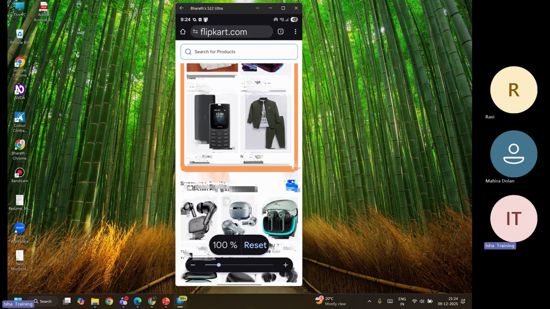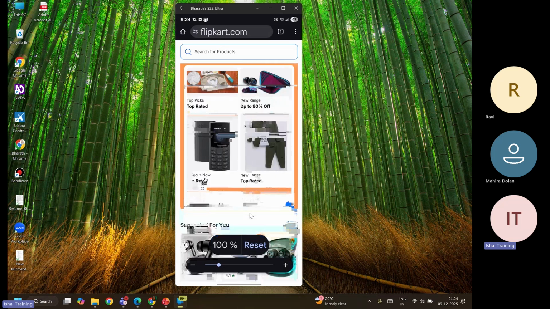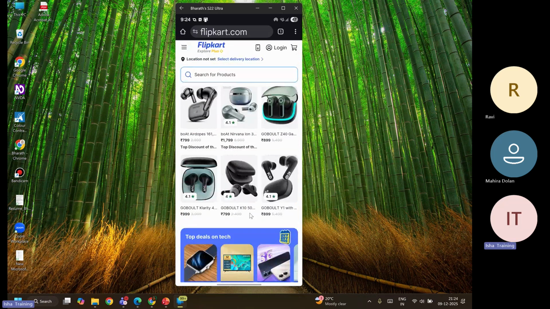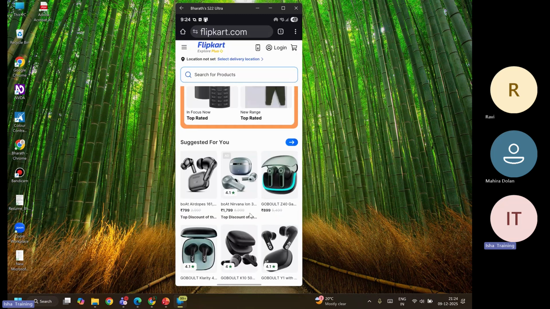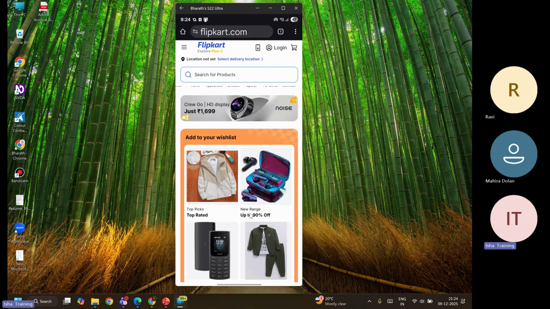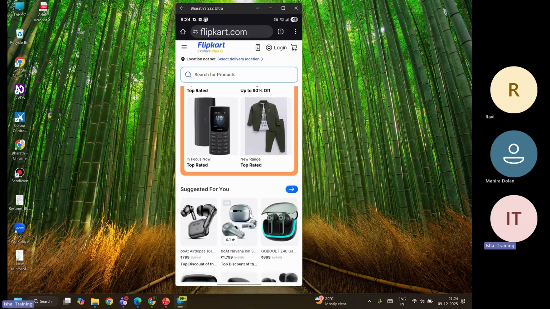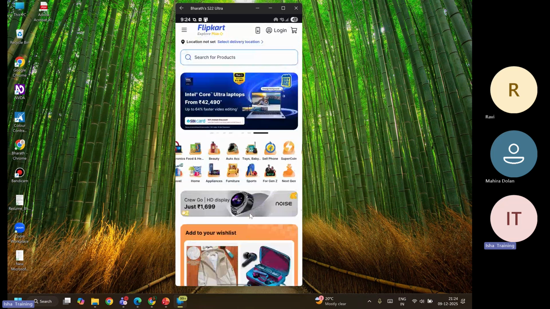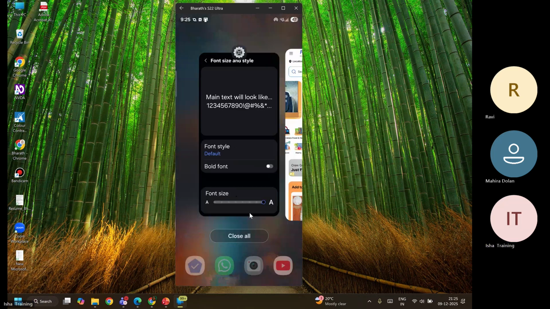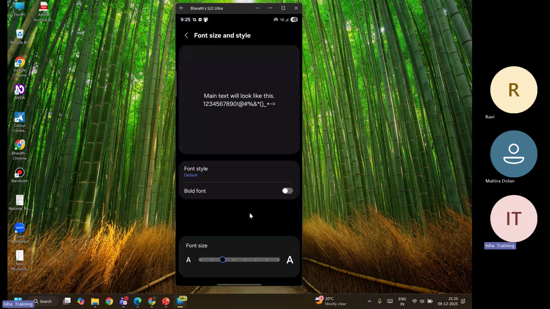Okay, pretty much every content I can see. I can see the cost of the products, and also I can see pretty much all the content here. But if the page is zoomed to 200%, I can't see anything. So this is browser zoom, and I will be decreasing the size, going back,